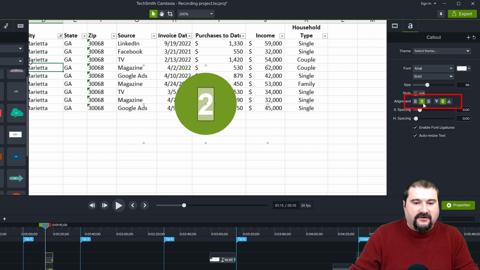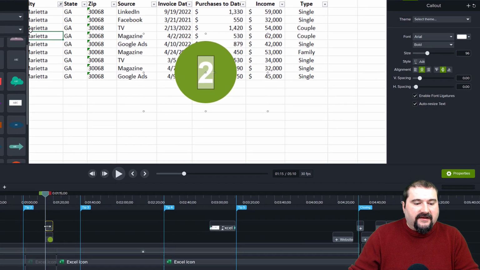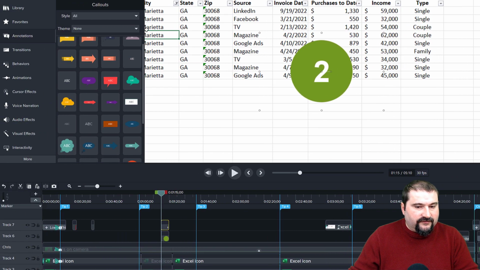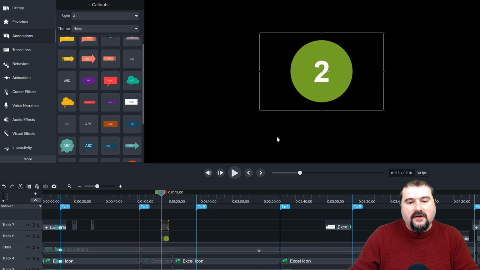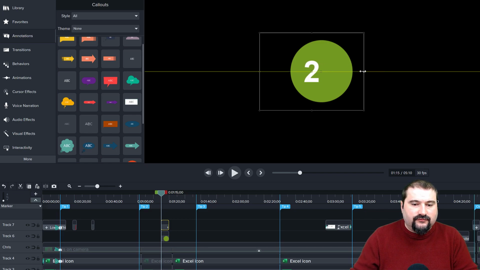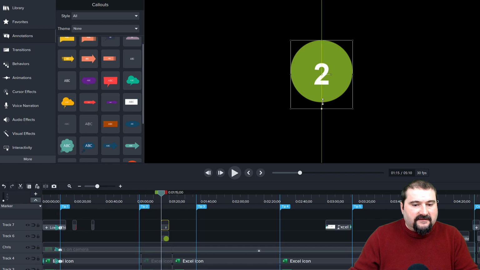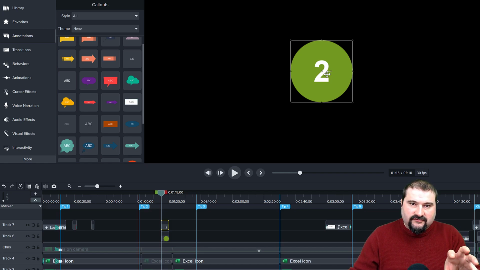So use the center alignment, and then when you select it on the timeline like this, you have the edges here. If you don't see that, I may have to switch off the screen for a second. Okay, here we go. So you can see that this whole annotation goes out of the circle. What I want to do is bring that in so that it aligns with the edges of this circle. That means there's no chance of my text ever leaving that round space.